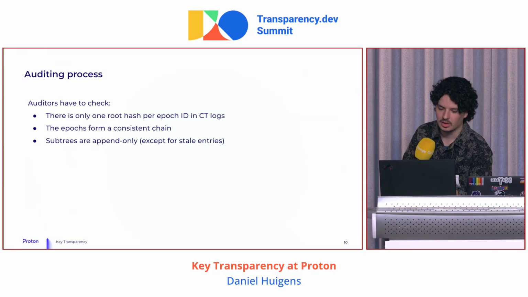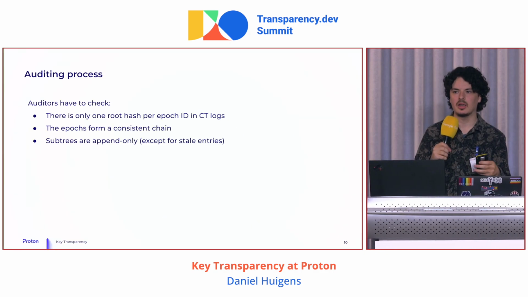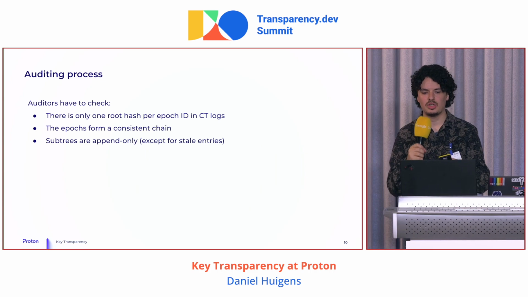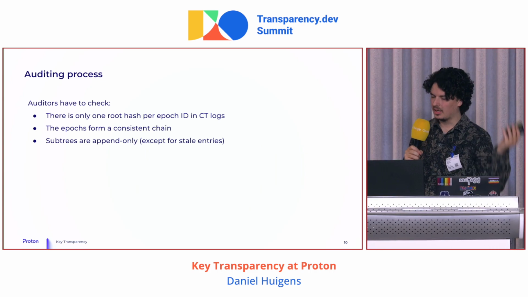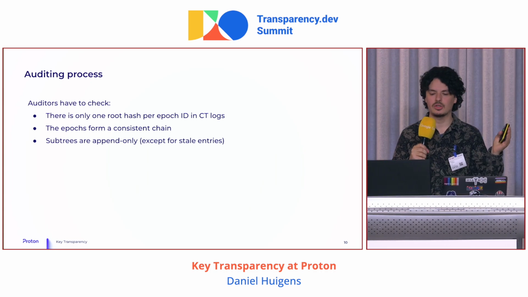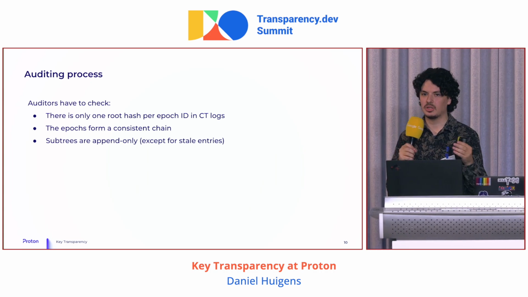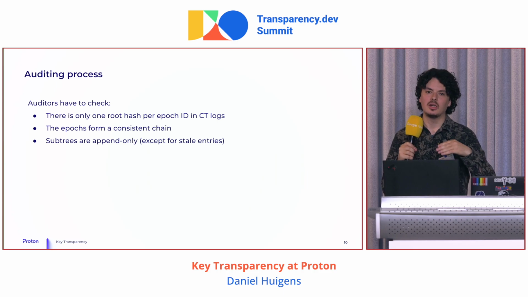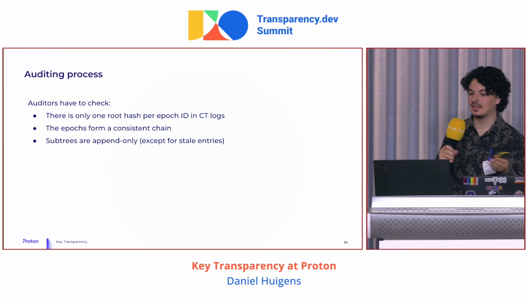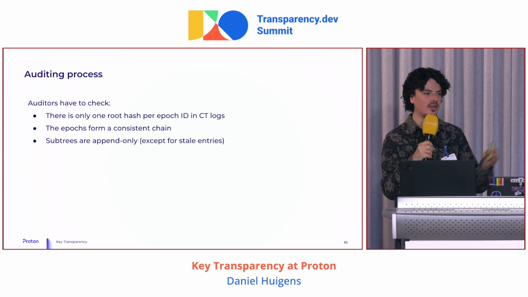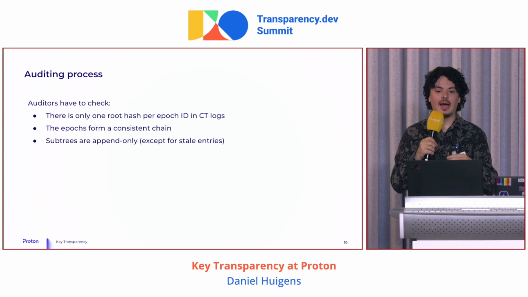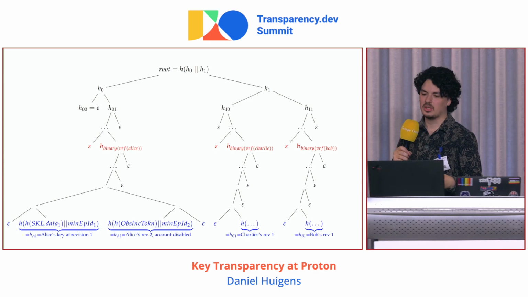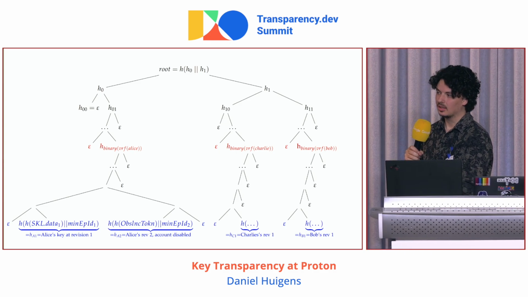Then the auditors: we rely quite heavily on external auditors in our key transparency scheme. They have to check a couple of different things. First of all, as I said before, they have to check that there's only one root hash or chain hash per epoch ID in the certificate transparency logs, because otherwise we could show two different trees to different people at the same moment. Then they have to check that all the epochs form a consistent chain, and that the subtrees, meaning the lower portion of this tree, are append-only, with an asterisk,